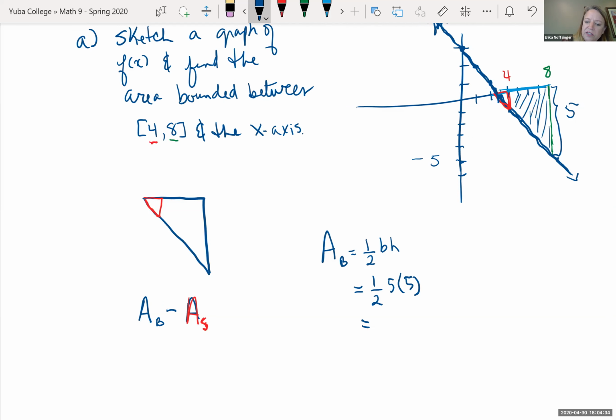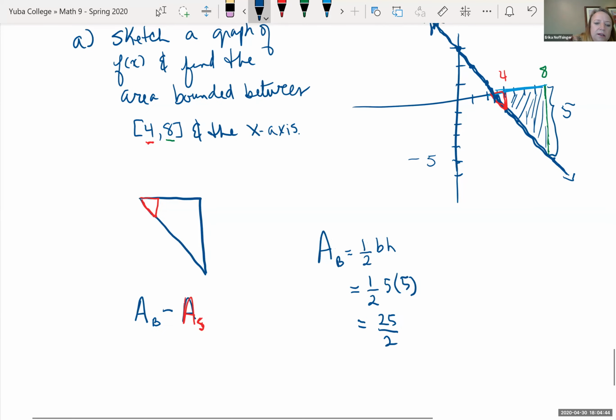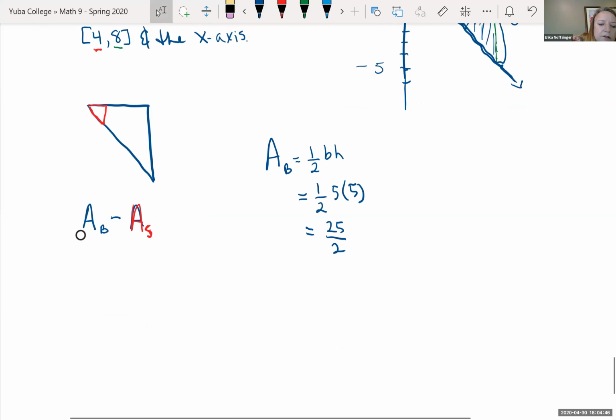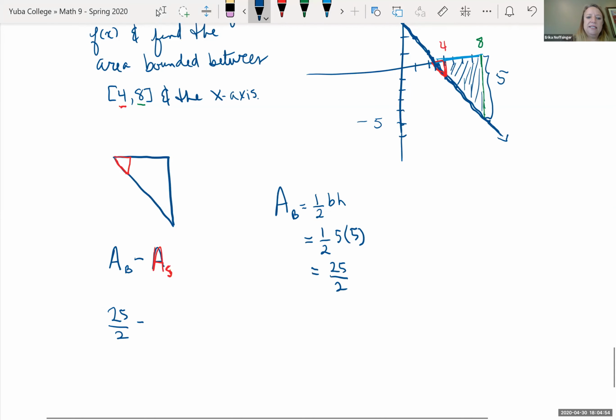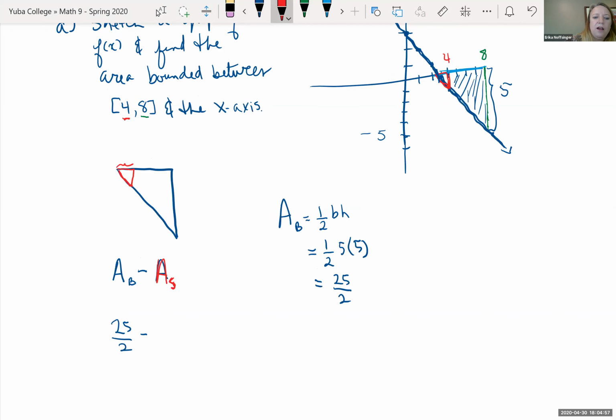So this is 25 halves. I'm going to keep that as a fraction so that it's easier later. Okay, so now I have to look at the area of my smaller triangle. Well, that's that distance in here. This is from x equals 3 to x equals 4. So this little triangle,